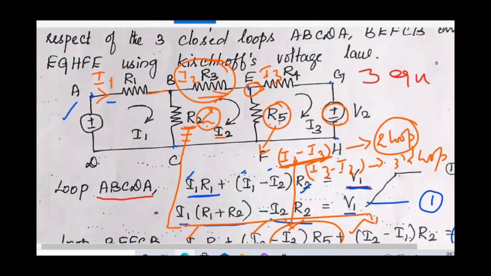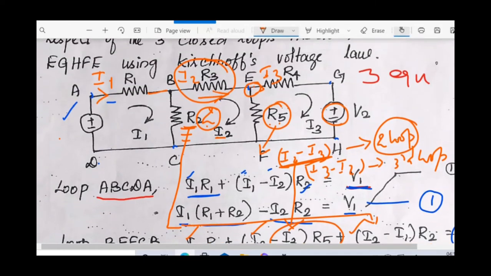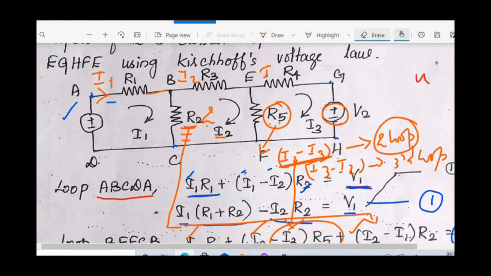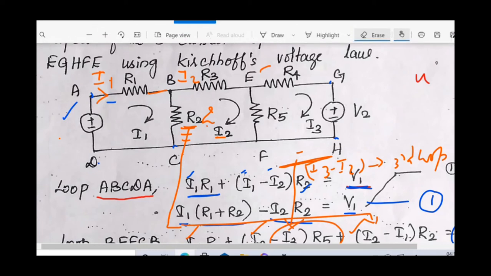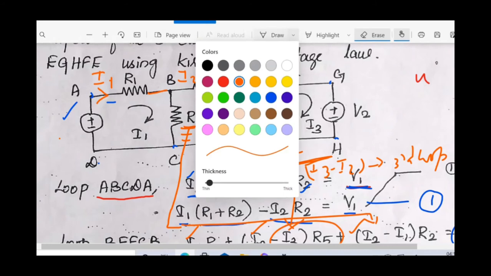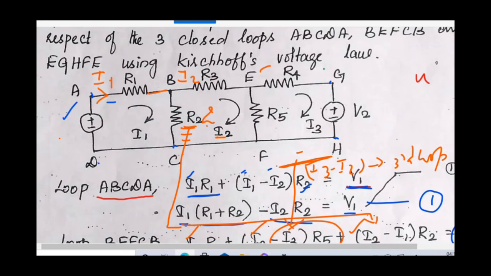Hope you can understand the equation. Then we are able to write an expression for the third loop. Now you have to make a key note of these things, then it should be easier for you to understand. Make a key note of this. Now we consider all the current flows in a clockwise direction.